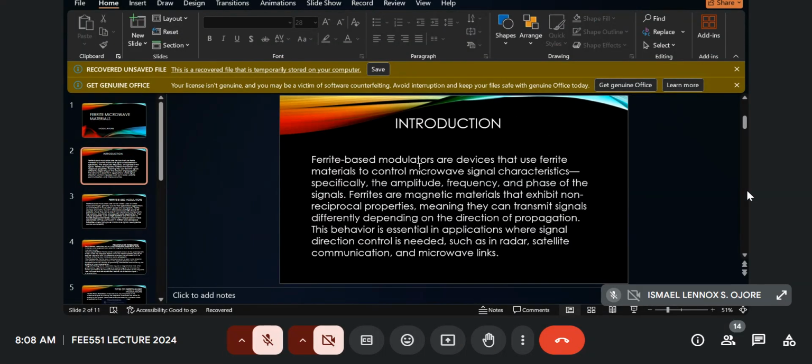but have high magnetic permeability and high resistivity. So they are preferred for such. And since